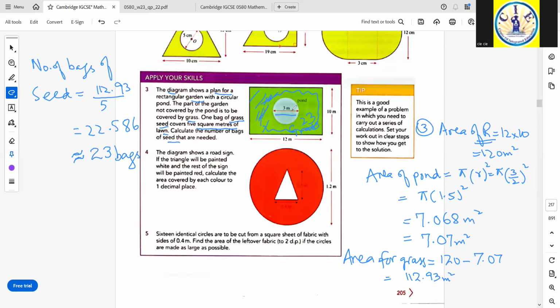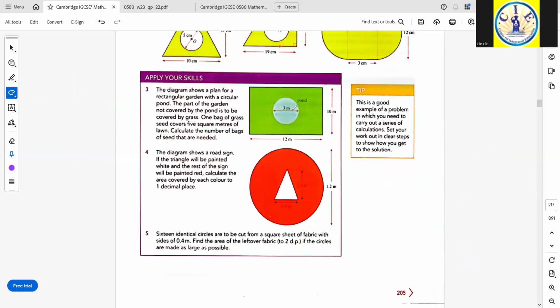Okay, now it is question number 4. The diagram shows a road sign. If the triangle will be painted white and the rest of the sign will be painted red, calculate the area covered by each color to one decimal place. Okay, as far as the dimensions are concerned,